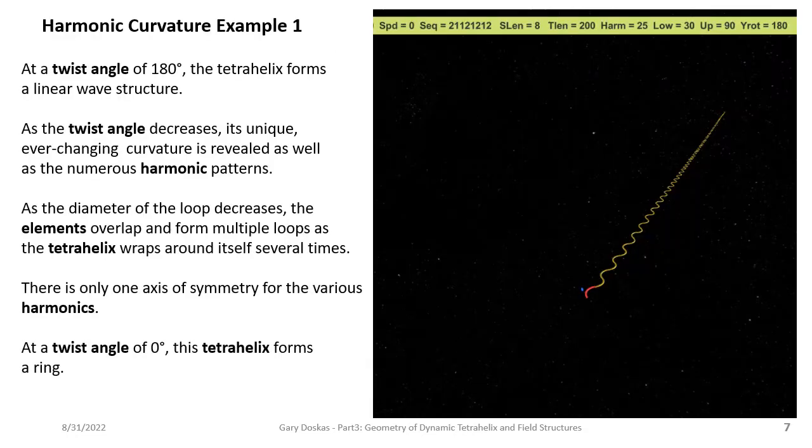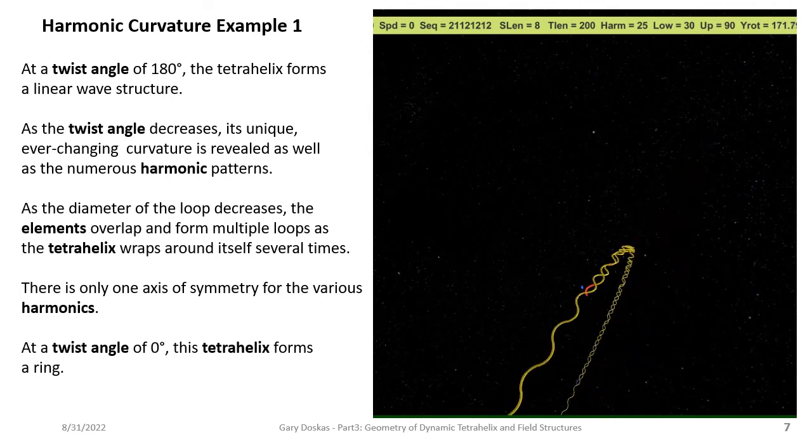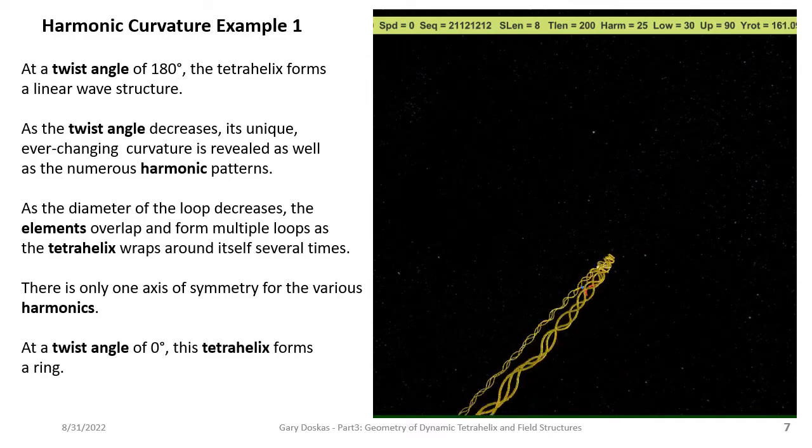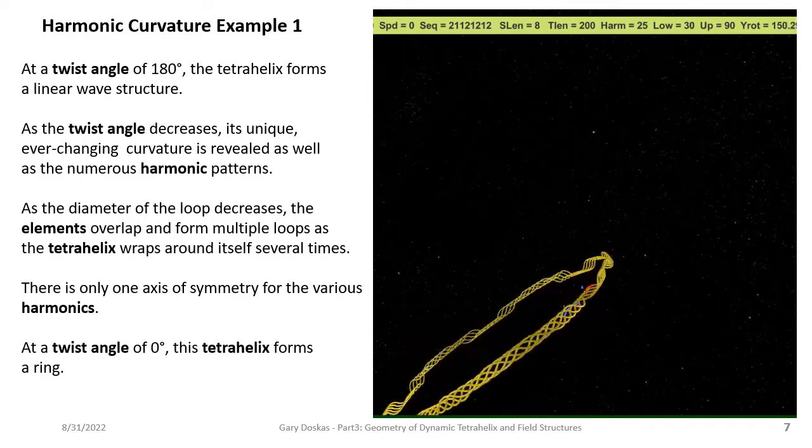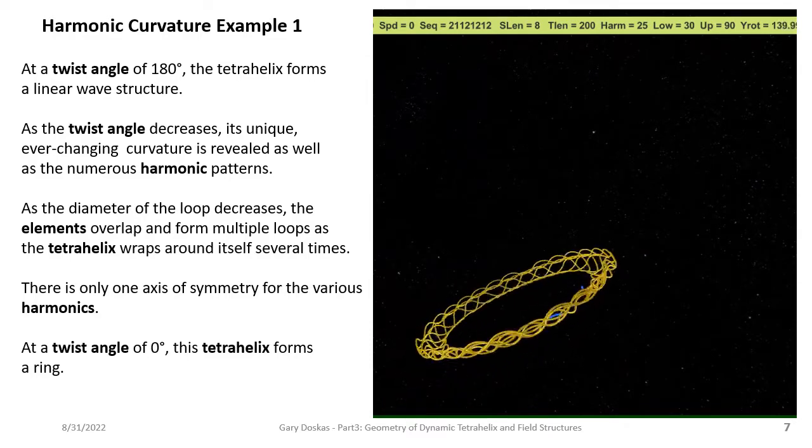Harmonic curvature, example 1. At a twist angle of 180 degrees, the tetrahelix forms a linear wave structure. As the twist angle decreases, its unique, ever-changing curvature is revealed, as well as the numerous harmonic patterns that exist